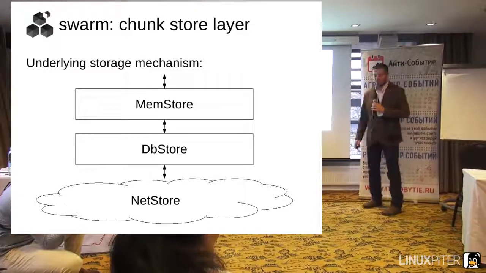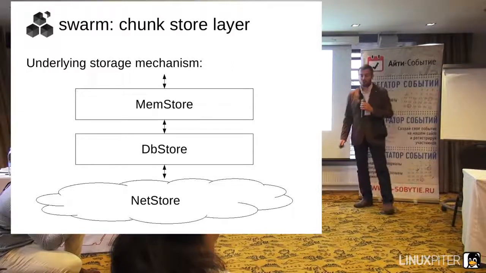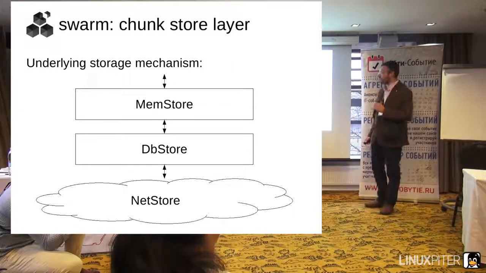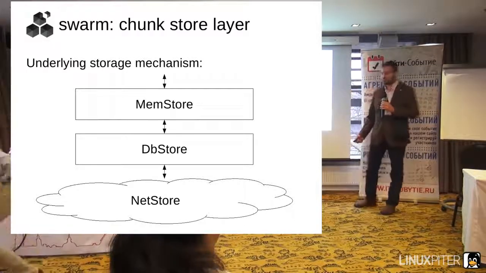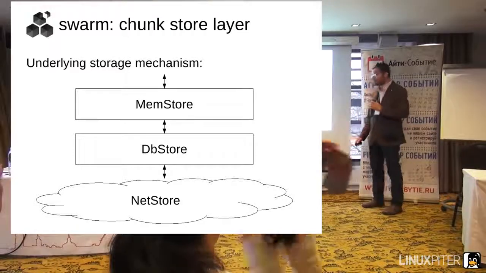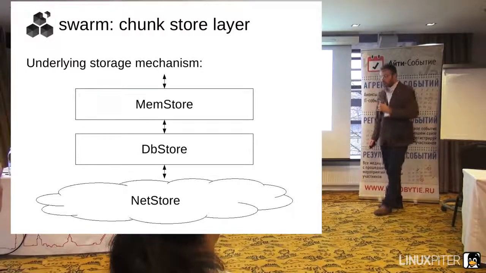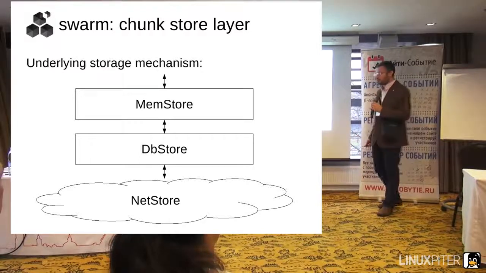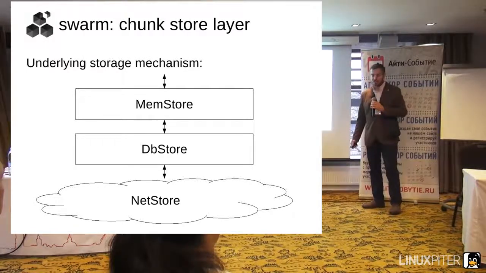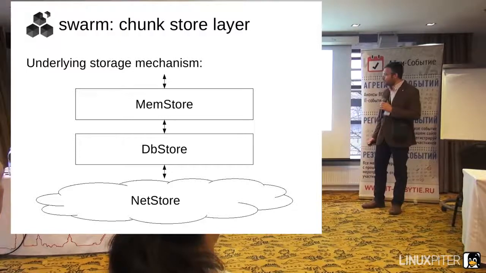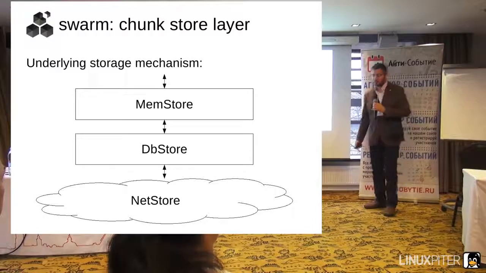The storage mechanism is a layer of caches. So if you put a chunk into the store, into the swarm, the first place it gets is a memstore. It's a storage of chunks in the memory of your computer. Then it migrates down to your database, which is your more permanent storage, SSD or hard drive or whatever. And from that, it goes to the network. So it gets distributed to some other nodes so that it can be found if you go offline.